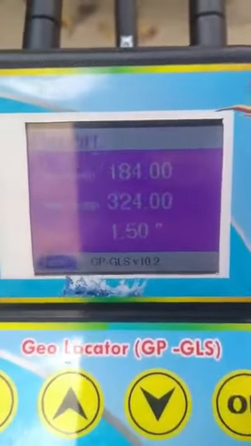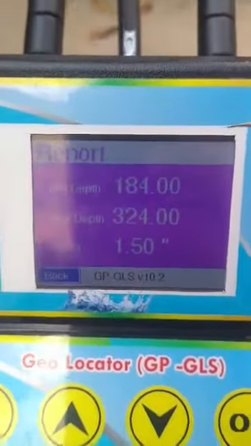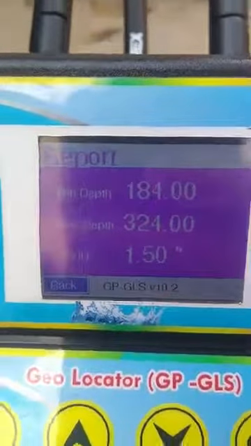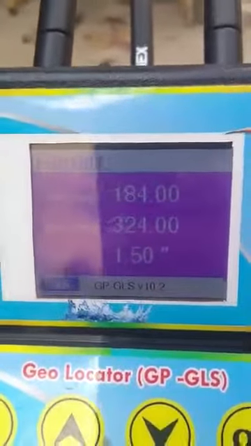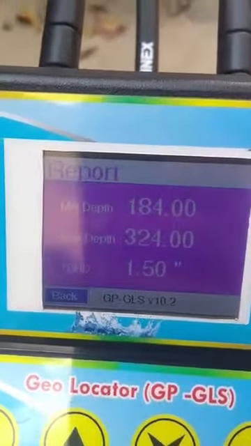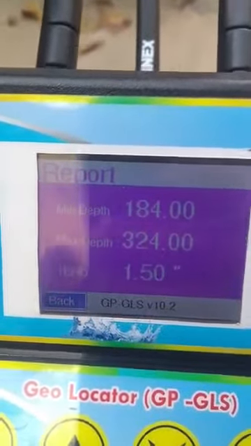Hi friends. Now this is the depth search result as per the second video. This depth search result, you can take a snapshot and send to your customer, or you can take it to your mobile phone. So how to take it to your mobile phone, I am describing. For example, to take this report to the mobile phone, you have to take your mobile.